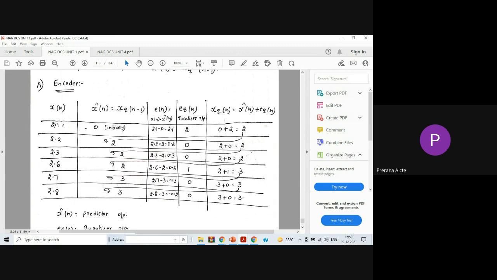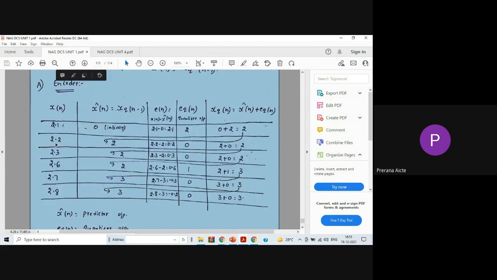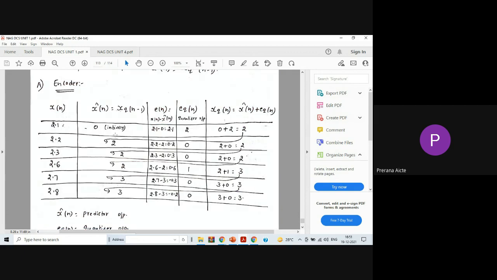And what is that quantized signal? Xq of n equals the prediction filter output along with the quantization error. So which is 0 plus 2. So again 2 comes here. Why? Because the prediction filter predicts the present sample value. The present sample value is 2.2 from the past sample. What is the past sample here? 2, right? Because of that quantization.